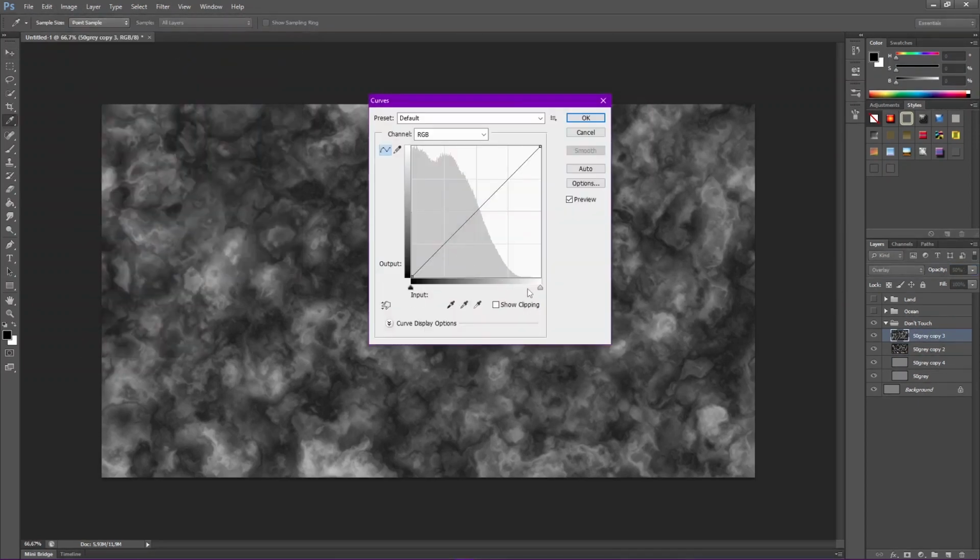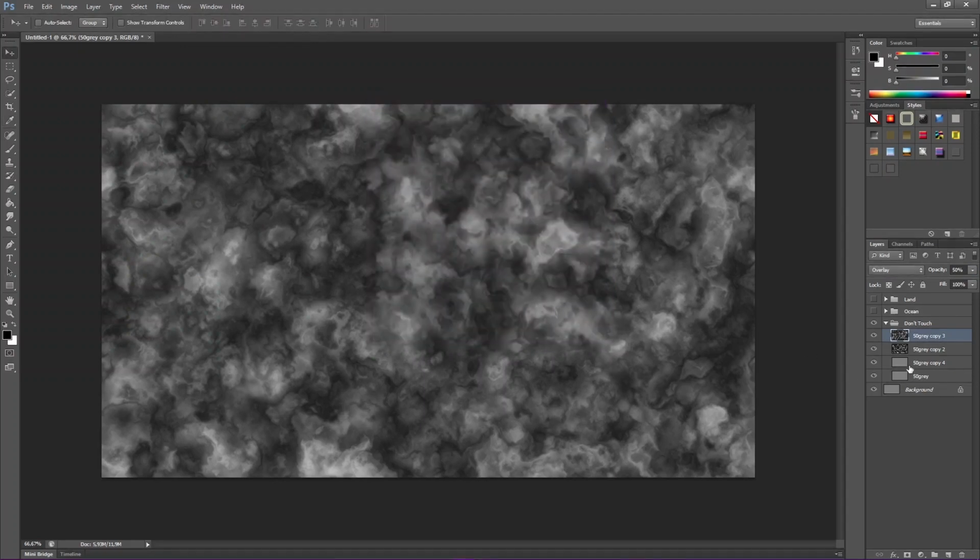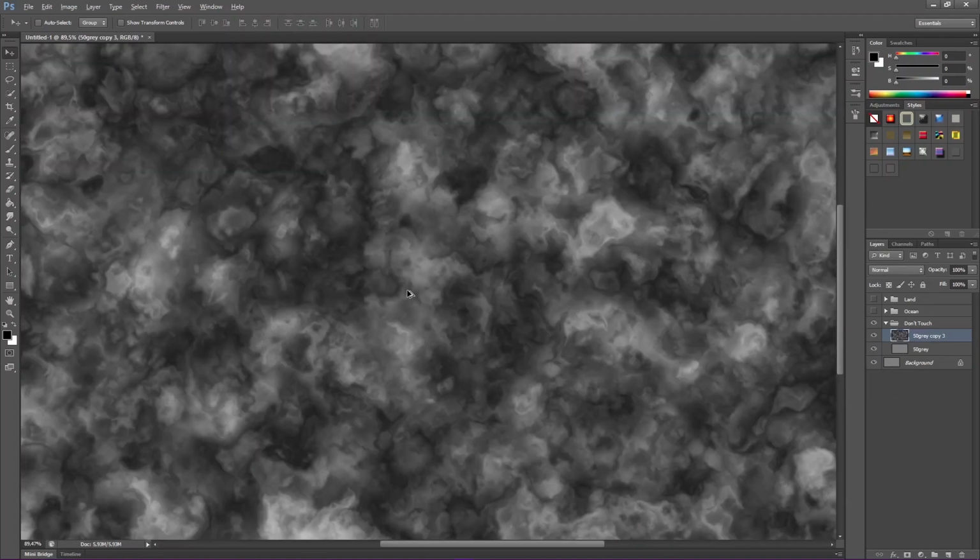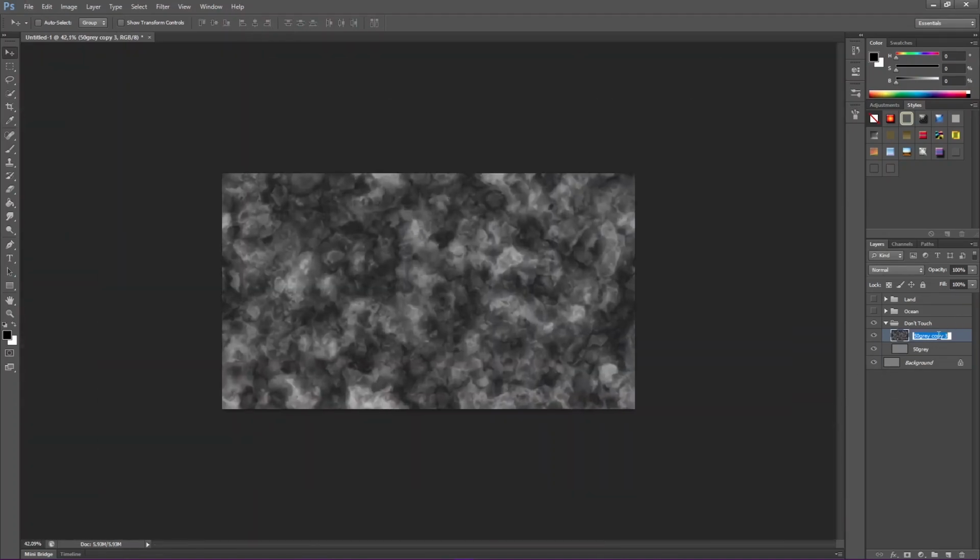If you actually go and have a look at the curves, you'll notice that the bulk of the information is kind of sitting in the middle. There's a lot of darks in here, but we're not going to worry too much about that right now. It just means that most of it's going to sit under the ocean, and we're going to crush those three together, which is going to make our first detail. I'm going to call this detail for now, just to keep it around because it's an important thing to keep.